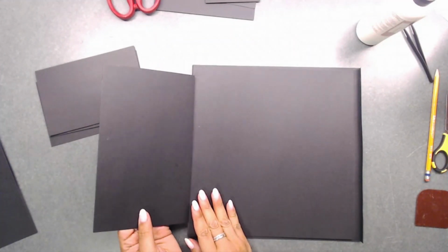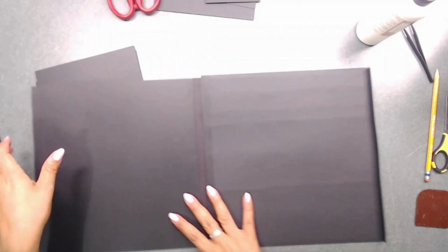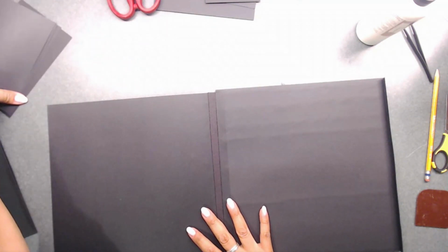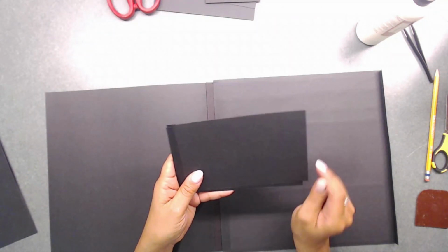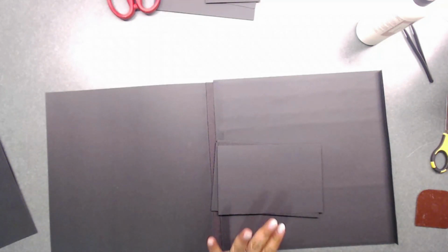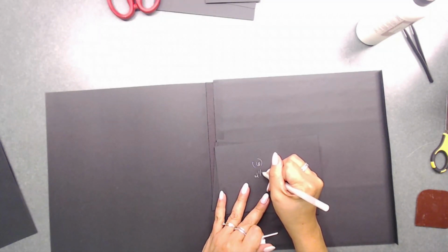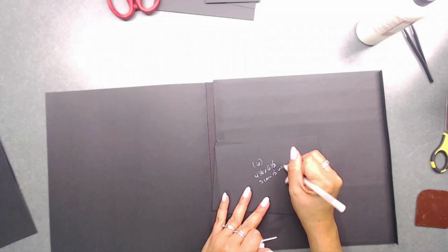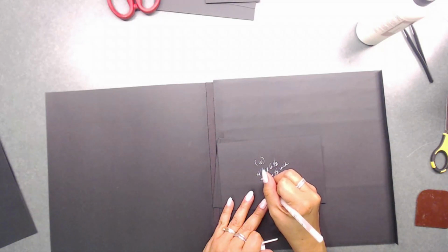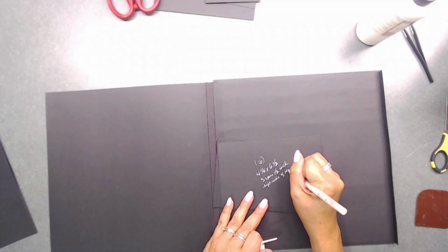Okay, so now that we're done with this piece, just like this, you're going to flip this open, okay, just like that. So now you've got your page open, and you are going to cut 6 pieces that are 4 1/4 by 6 1/2, okay? So you're going to cut, again, 6 pieces that are 4 1/4 by 6 1/2. You're going to score a 1/2 inch on the left hand side of the 6 1/2 inch,